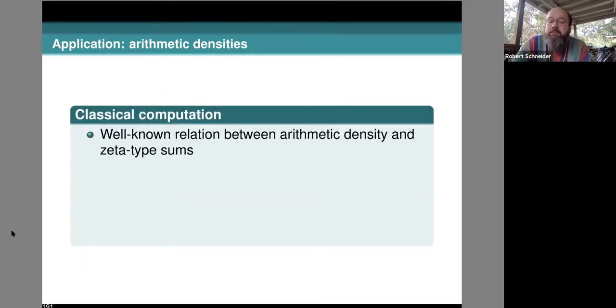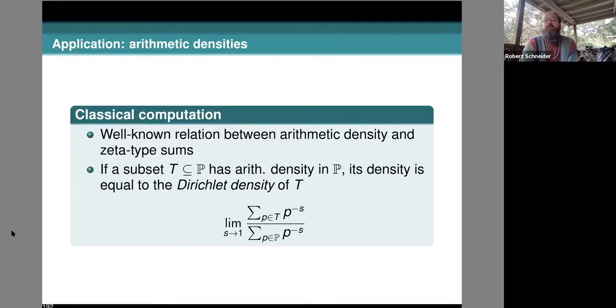So now the way you would compute this classically usually is, well, there are different ways to compute densities, but they usually go down by either using a partial sum or using an analytic object. So for instance, the Dirichlet density, this is more satisfying to me, because here we have all of the elements of a subset of primes represented. Each one is represented in the sum, all infinitely many of them. That feels good to me. Same down here, all of the primes are represented there.